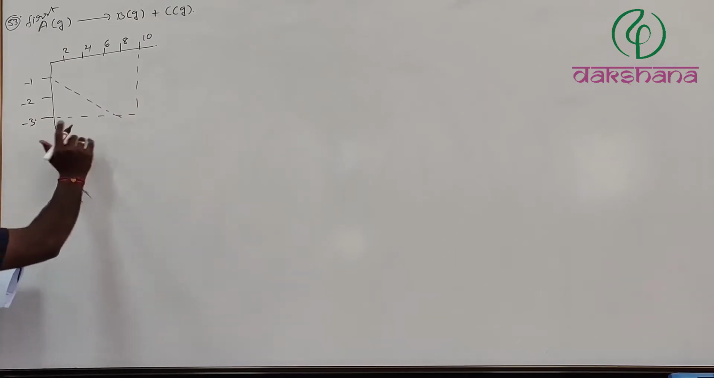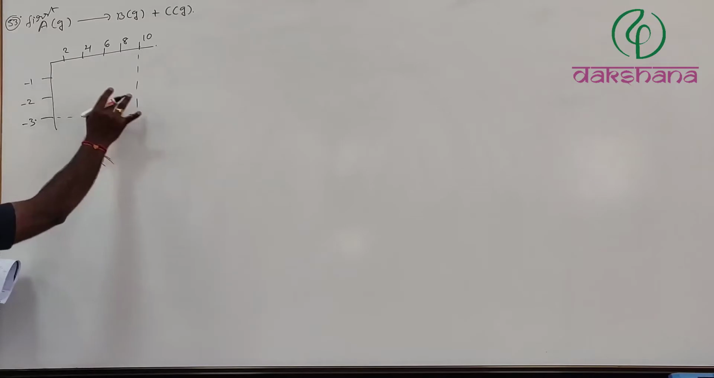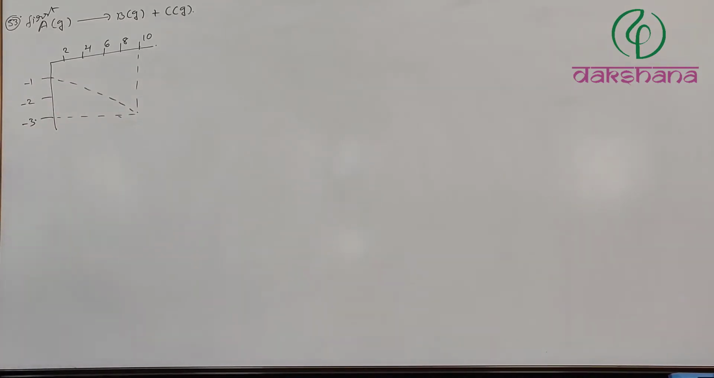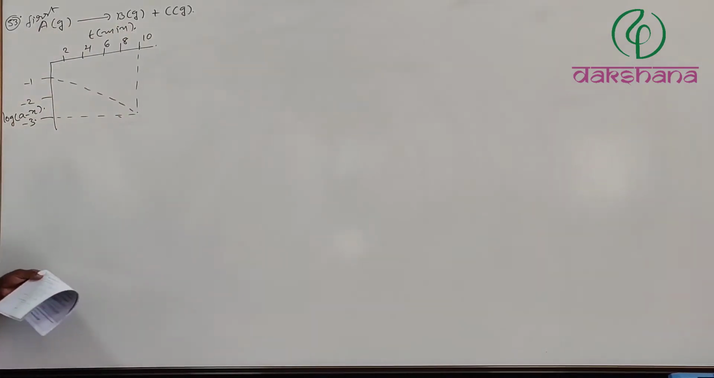So they mentioned the graph, which is like this. Yeah, this is the graph which is given by them. Here they have taken log (a − x) on the y-axis and time in minutes on the x-axis. Here log (a − x) means you go to the original principal formula of the rate constant of first